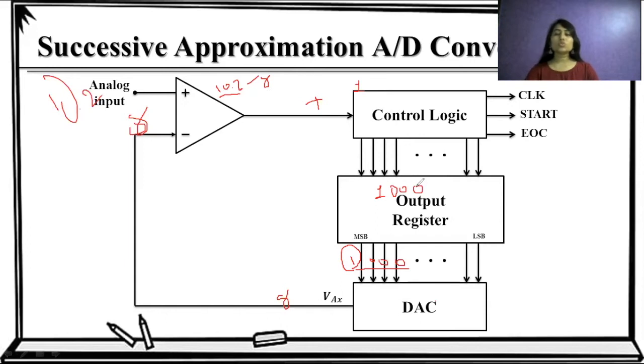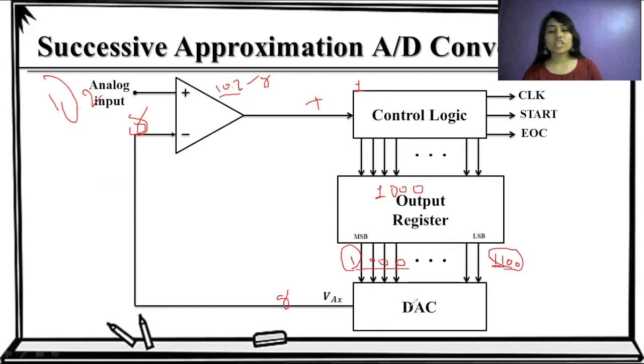Now go to the next bit. Now we have a binary pattern like 1100. As we fixed that the first bit must be 1, since we have a greater analog input for this first bit, the first bit, or say MSB, will be retained due to this positive difference. Now make the next bit 1. So we have 1100. This is a binary representation of 12.